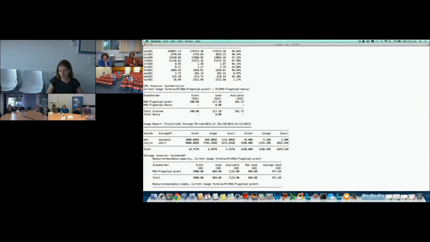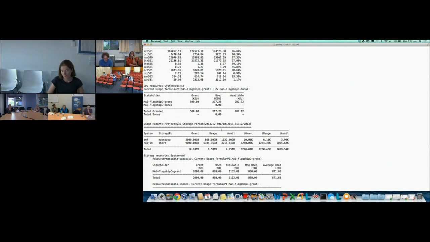One is actually just the grant and one is actually the bonus. What you see in this line, I don't know if you can see where I'm pointing, is that it's a sort of formula for how we're going to use these different flagships. So we're going to use first all the flagship C grant, and then we're going to start using the bonus. But this is quite normal and standard. But if you've got some merit allocation stuff as well, it might work a different way.